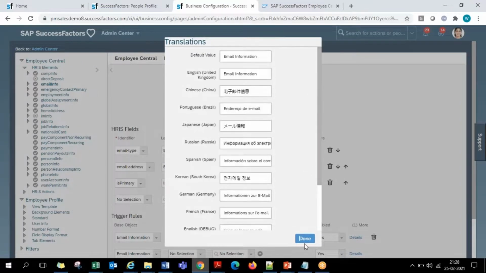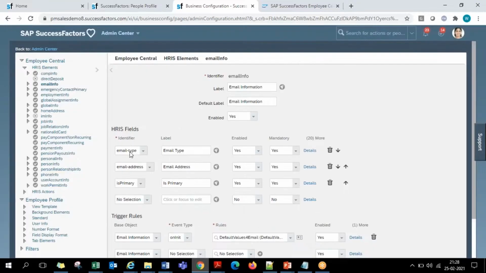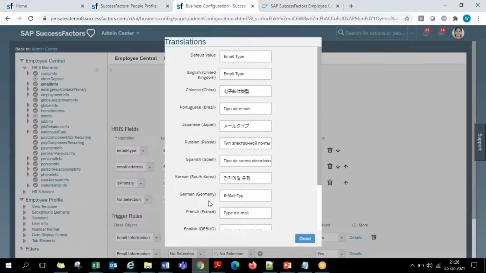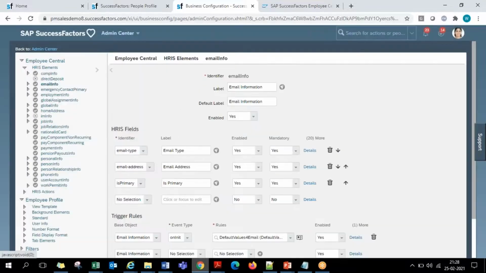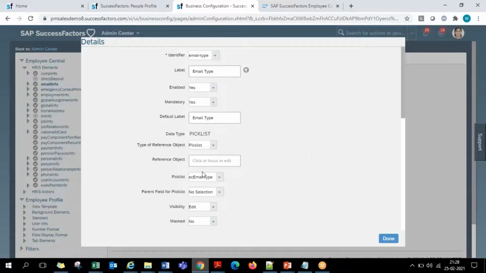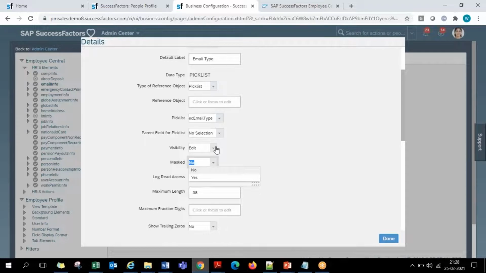And at the bottom you will have the fields of that portlet. With every field you will also have its label in multiple translations along with the default label, and whether that field should be present on the front end or not, enabled yes or no, and whether it should be mandatory or not, yes or no. If you go under the details, you'll have a few more attributes like visibility: should it be editable or viewable?